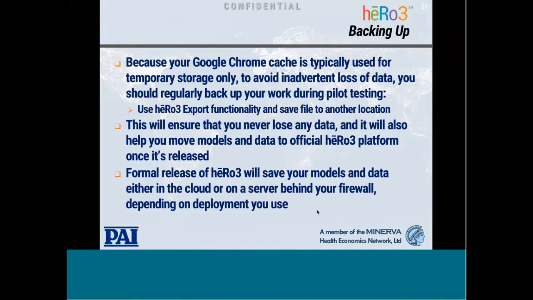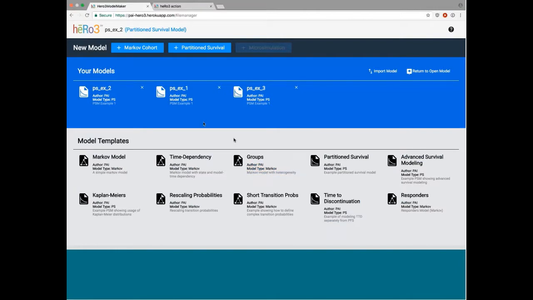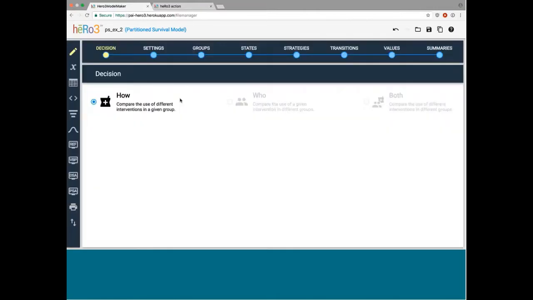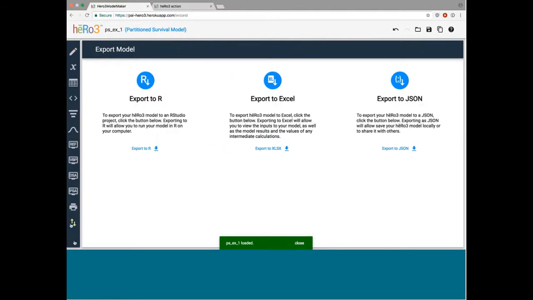And there are instructions for doing that, but I'll just quickly show it. So let's say we want to work with this model here that we've defined, so we'll open it up. What we can do is go to this export section on the left-hand sidebar, this up-down arrow section, and go to export to JSON. JSON is just the file format that we use. And when we hit that, it'll automatically download the model to wherever your browser downloads things by default.